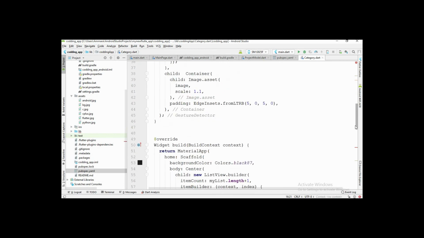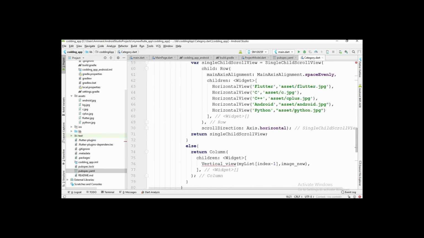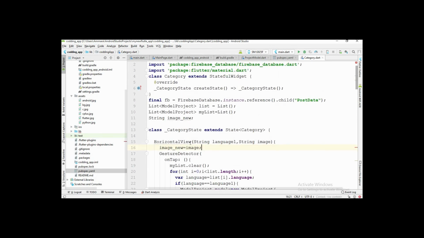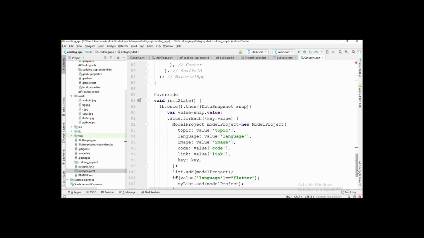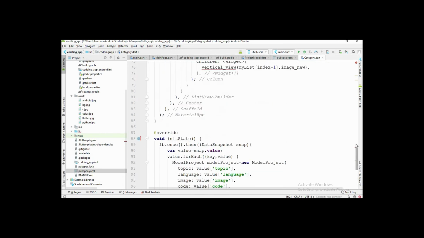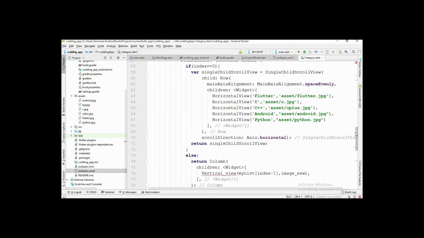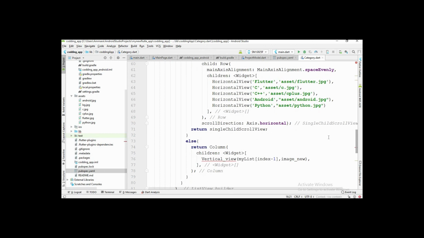So if the user clicks on this Python button, this image is stored inside this image new. After that I pass this image new from here. In this way I pass the first data which is stored in this list, and after that I pass the image from here. Now I am going to create this function above.